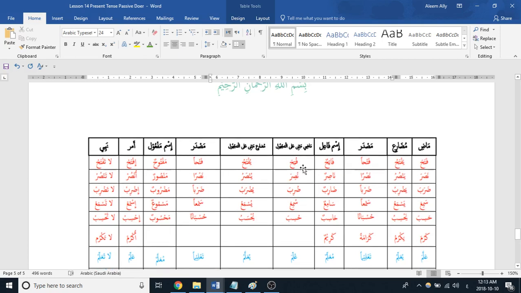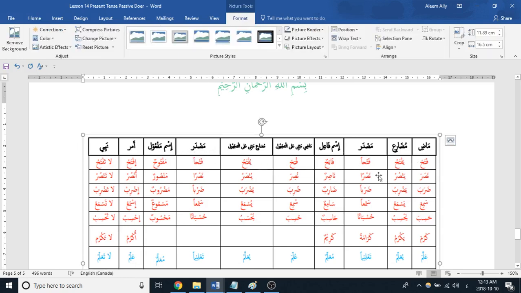Then we talked about the passive past, which is on the pattern of fu'ila. Then we talked about the passive in present tense, where all you have to do is change the second last letter to a fatha and the first letter to a dhamma, and then all the ones in between that are not a sukun or an alif to a fatha. And then again, you have the repeating of the masdar. It's the exact same masdar as here. They just put it in there for flow so you can read this chart easily. And then we have the isim maf'ul, which is the object. So this can be read now as